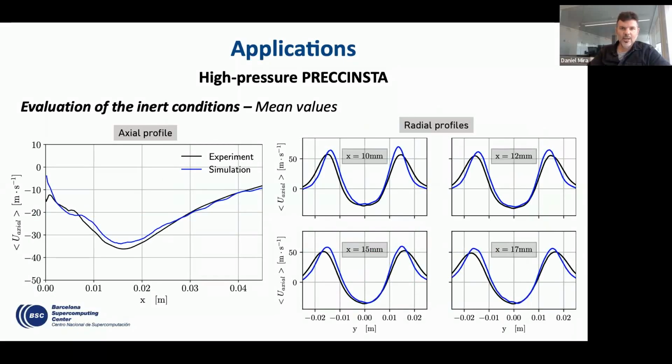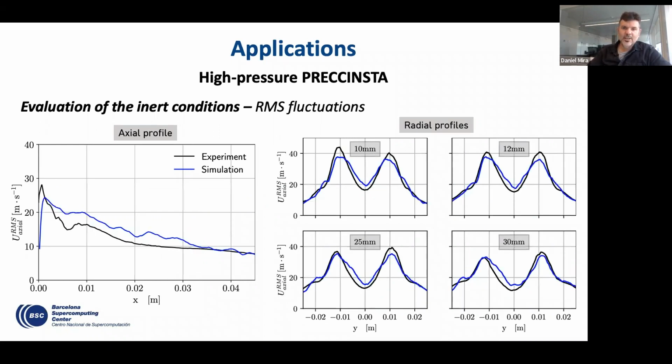But then we also move to the proper validation of the inner condition, and here I present the mean value along the axial direction of the combustion chamber at different radial positions. So you can see the correlation with experiments for the mean value is in quite good agreement, and also for the RMS. The RMS profiles are not totally smooth because it requires additional integration time and also some azimuthal averaging that we have not conducted so far. But in general, the results of the non-reacting calculation are in good agreement,